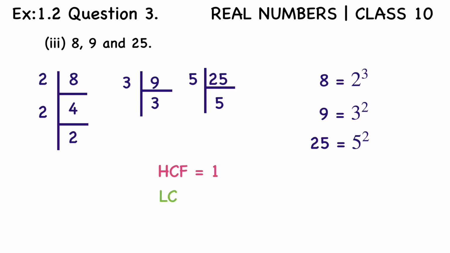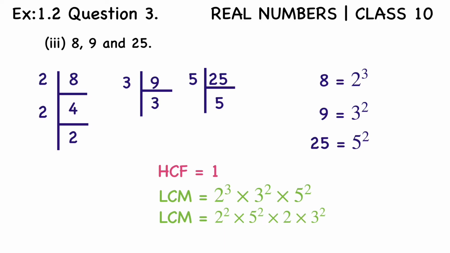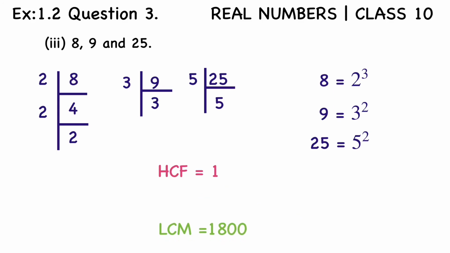Now LCM is equal to 2 raised to 3 into 3 square into 5 square. How to calculate it easily, let me tell you. We take the 2 and 5 together because 2 into 5 is 10. Now 2 square into 5 square is 100. Like that, you get multiples of 10 easily. So we have 5 square here, so you take 2 square out. 2 square into 5 square is 100, we keep it aside. Rest we have 2. We already had 2 raised to 3, we took 2 square out, so we have remaining 2 into 3 square. 2 into 3 square is 2 into 9, that is 18. So 18 into 100 is 1800. Isn't the calculation easy now?